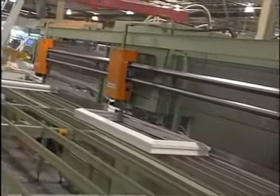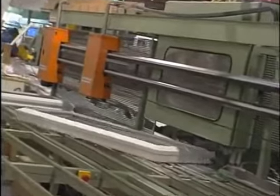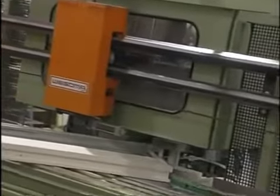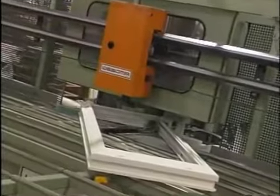After fusion welding, the frames and sashes are automatically finished off at each corner by computer-controlled cleaners. These machines precisely shave the small vinyl ridges formed in the fusion welding process to leave a smooth finish all around the frames and sashes. Again, this is a step many other manufacturers perform by hand, but Alside's investment in state-of-the-art equipment ensures perfect quality